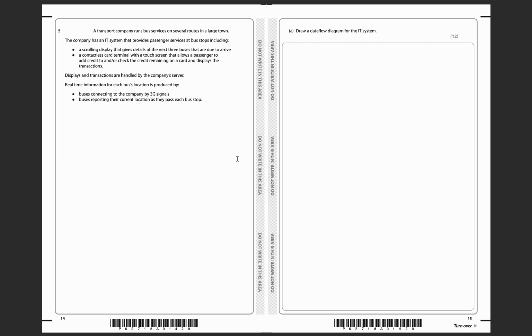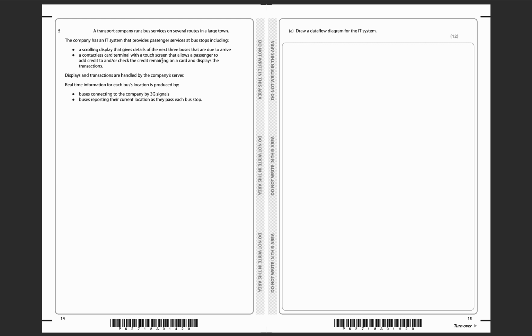So the question is, a transport company runs bus services on several routes in a large town. Okay, the company has an IT system that provides passenger services at bus stops. So the bus stop includes a scrolling display. There will be a scrolling display that gives details of the next 3 buses that are due to arrive. Okay,